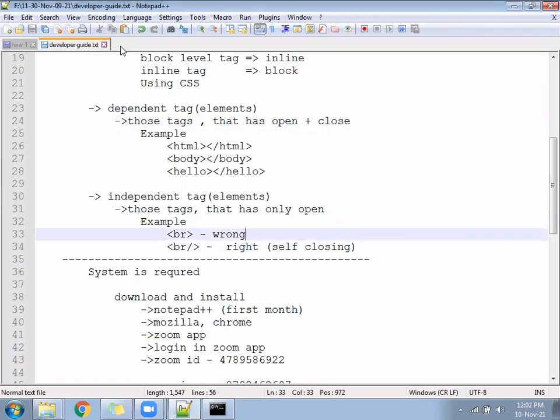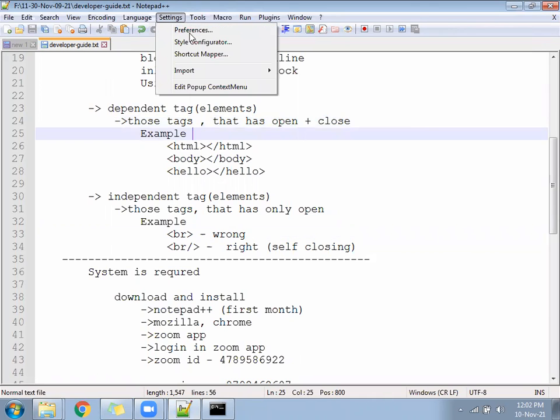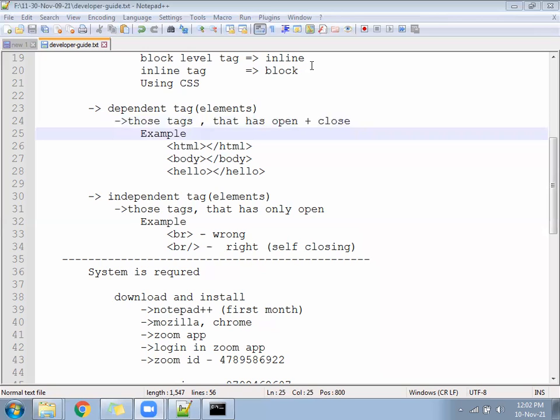Go to Settings in Notepad++. You have an option called Preferences. Sublime doesn't need this, only Notepad++, since it's already there in Sublime.